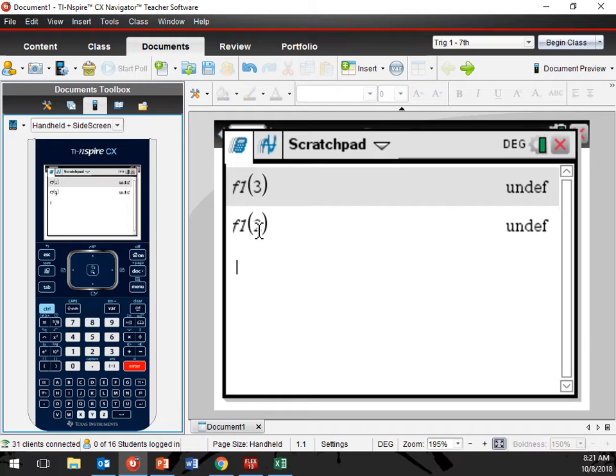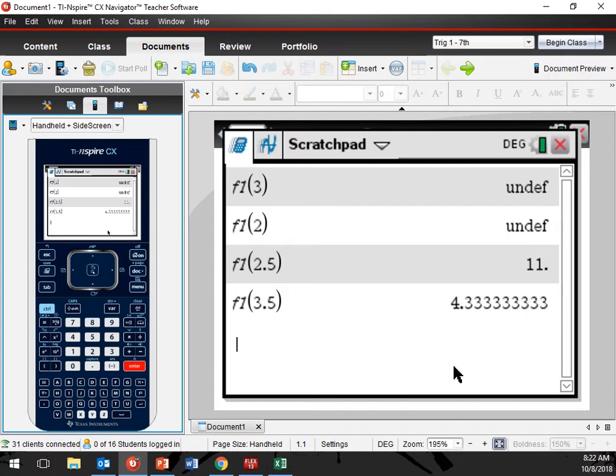So I'm not going to use these, 2. I'm going to go closer to 3. So I'm going to say vars 2.5. Okay, that's 11. Now what about the other side? Could I go 3.5 or 4? Let's try that. 3.5. Okay, so now